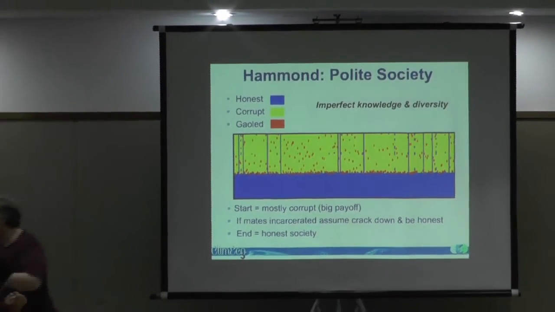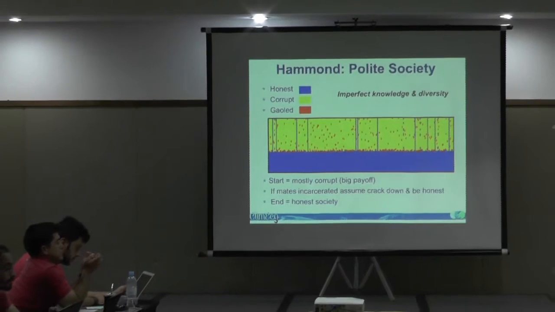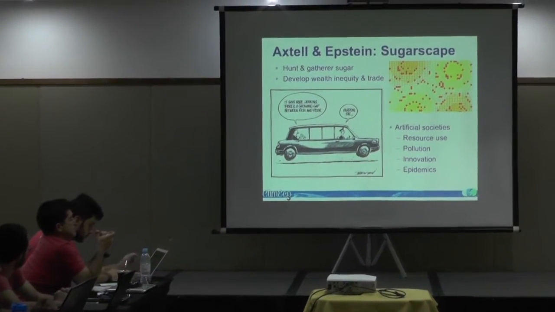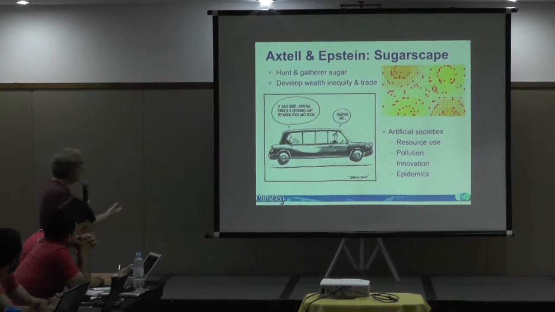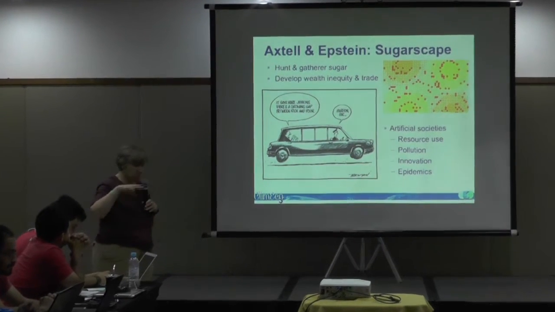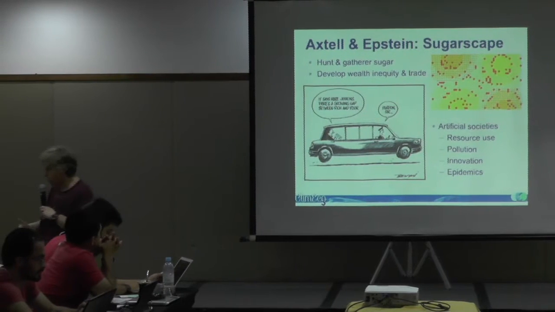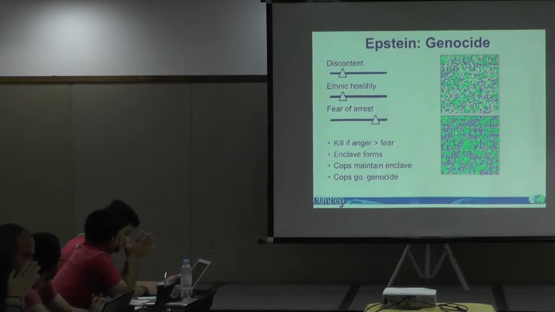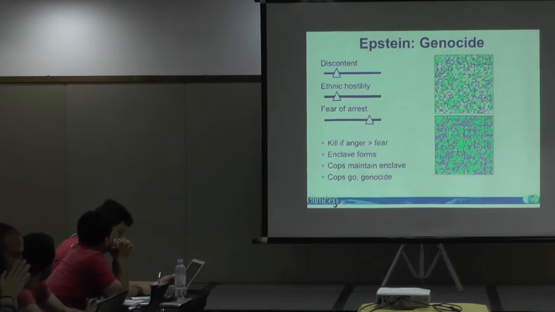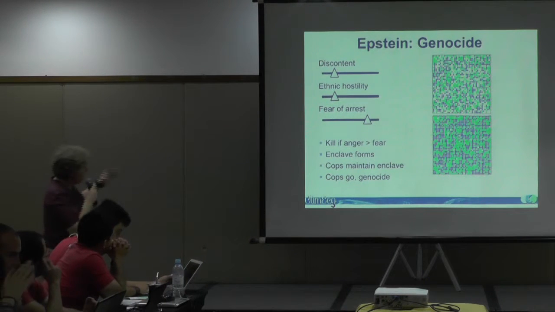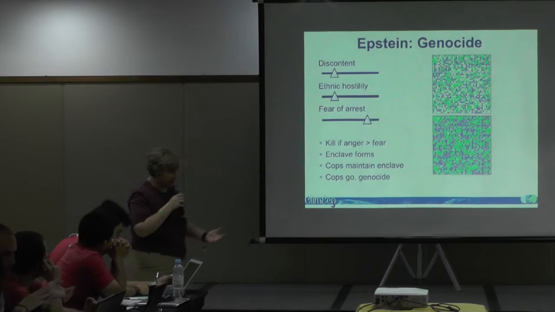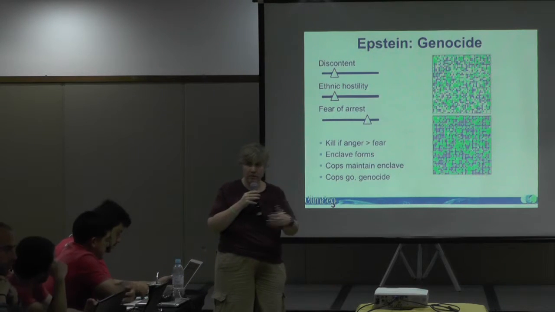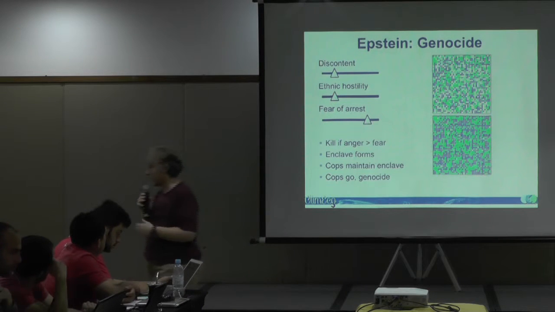The same thing is true when you start to look at some of the other aspects of society. So they've looked at equality, how resource use and pollution spread in these artificial societies, and what kind of rules can help sustainability. And some of the most telling ones have actually been used in the context of the UN to understand things like genocide. So what drives genocide?